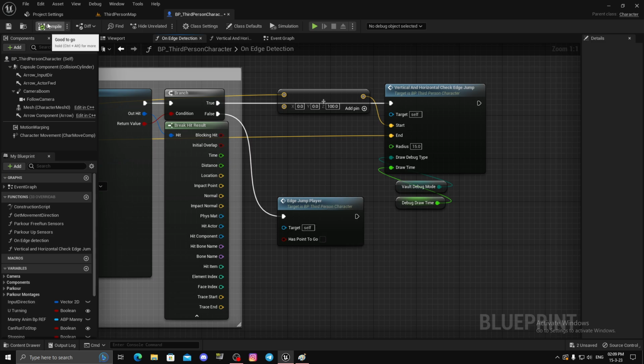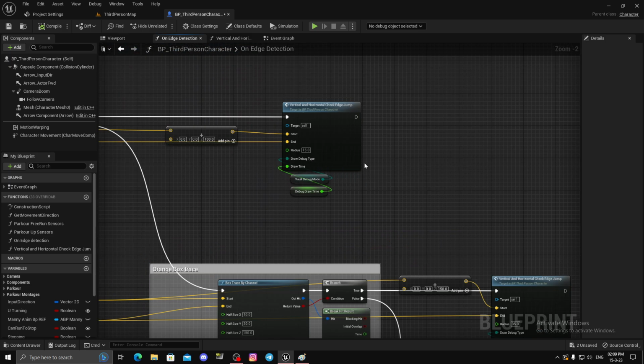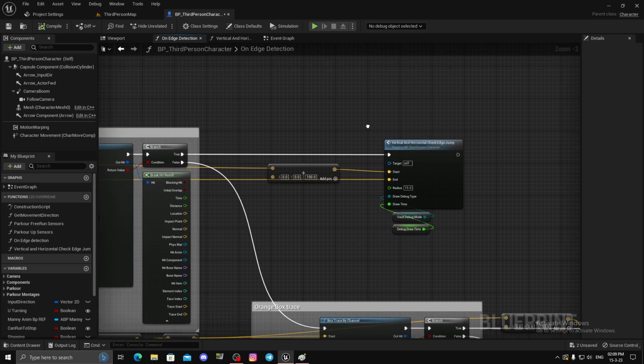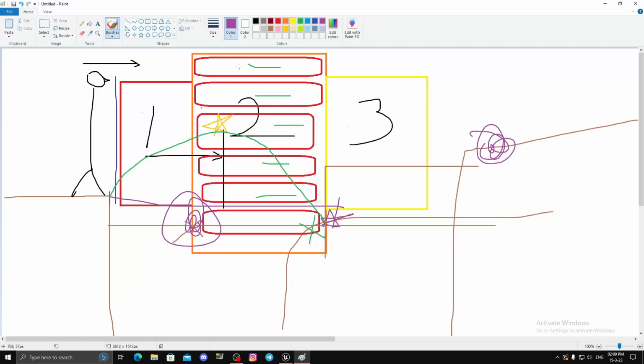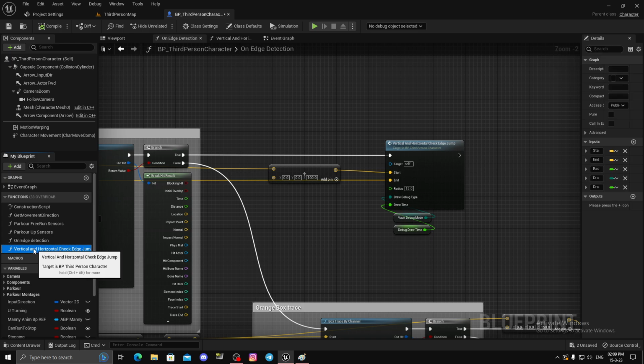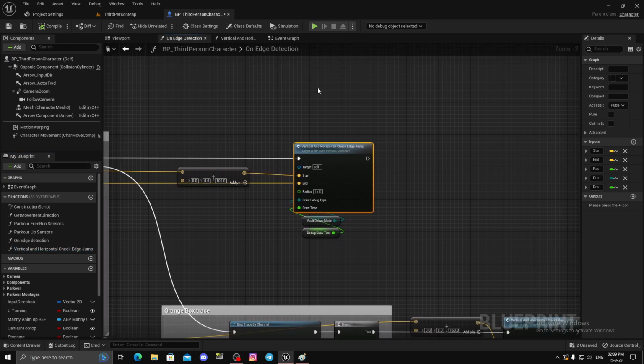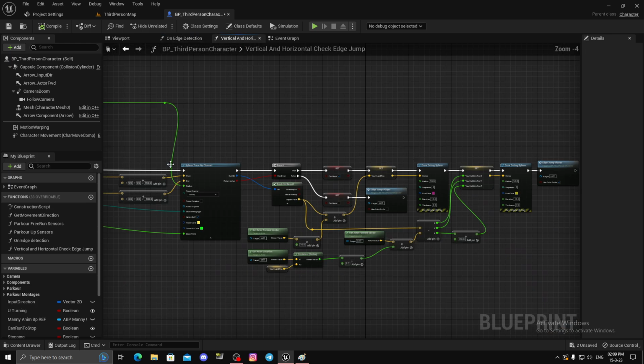Okay, so once we have done that, what do we do when we do have somewhere to go? We do these checks, these horizontal checks. For that we created this vertical and horizontal check at jump function. So that is what we call. In that function right here,